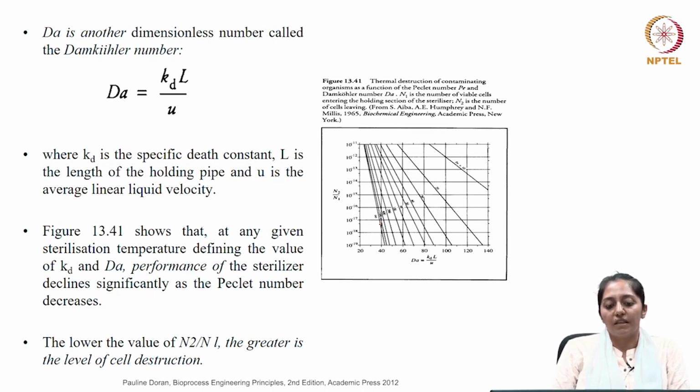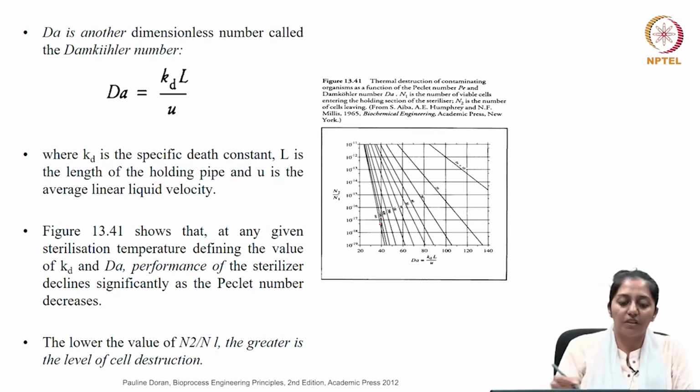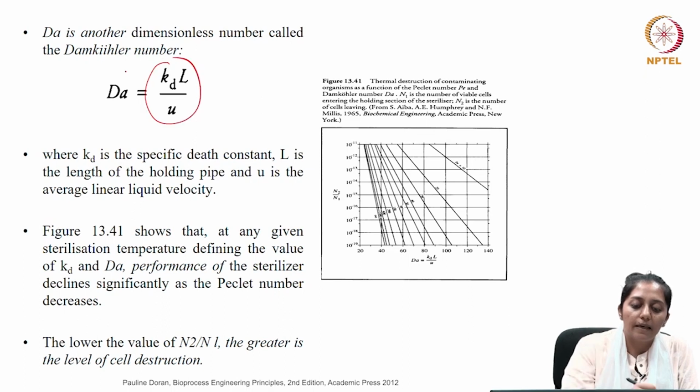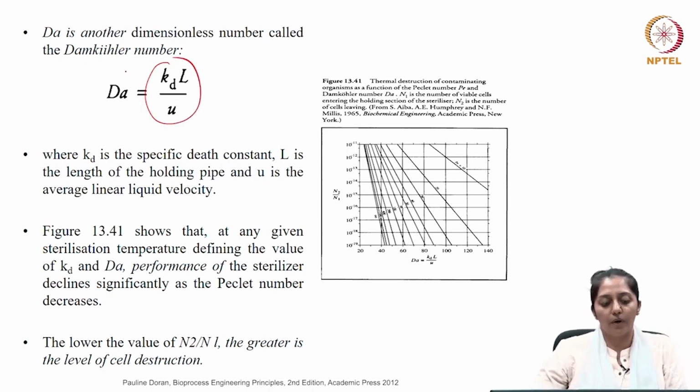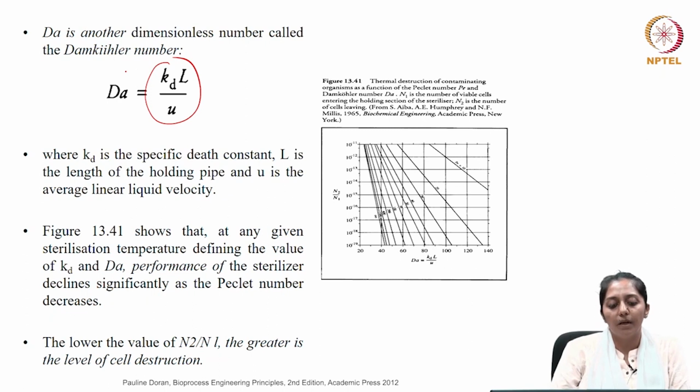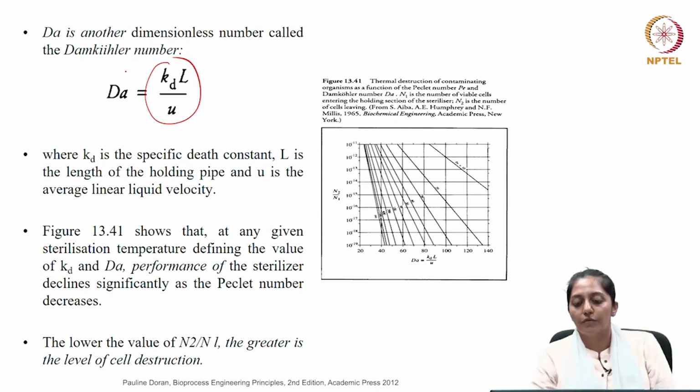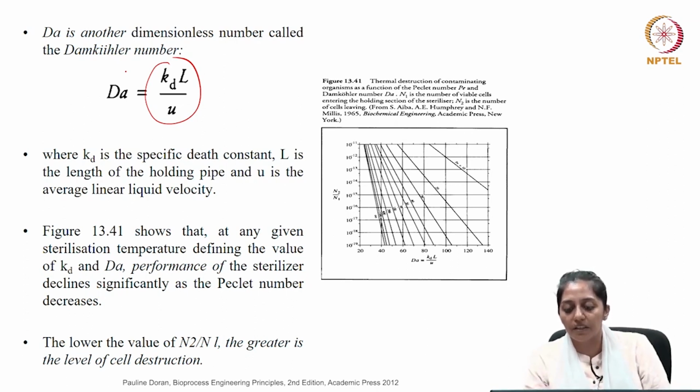Now, there is another dimensionless number which we call the Damköhler number. Now, for this dimensionless number, you can see the expression, it is given as Kd L by U. So, L we know is the length of the holding pipe, U was the average linear liquid velocity and Kd was the death rate constant. So, if you see the plot given here, the thermal destruction of the contaminating organisms has been defined as a function of the Peclet number and the Damköhler number. So, with the change in Peclet numbers,